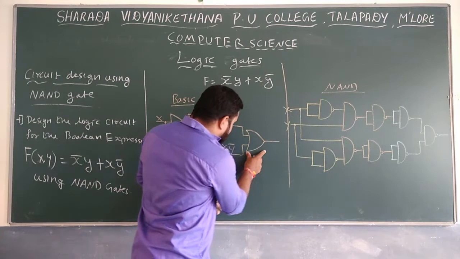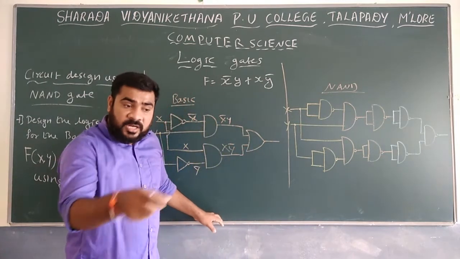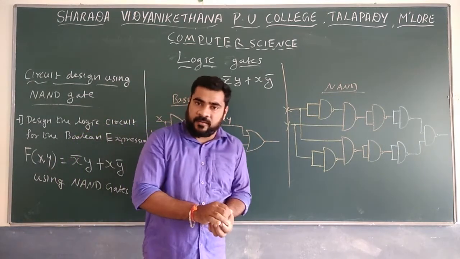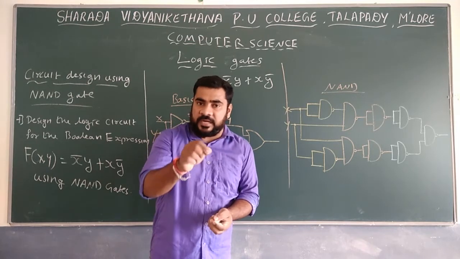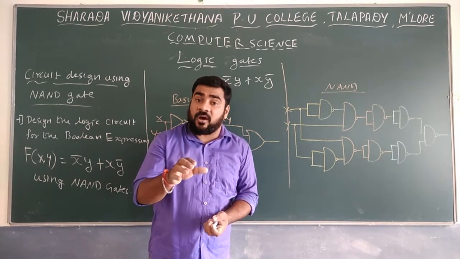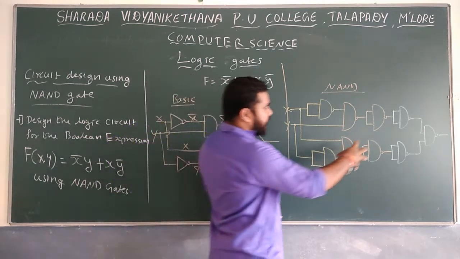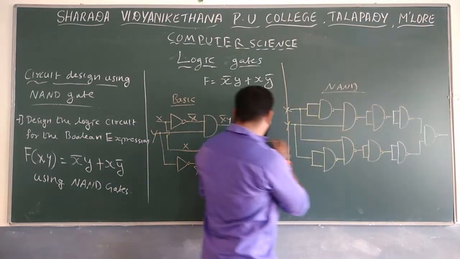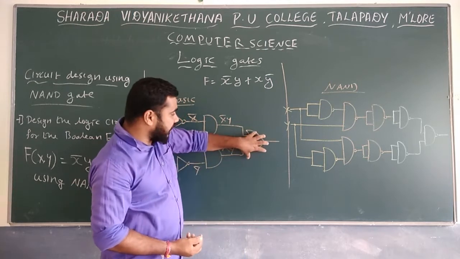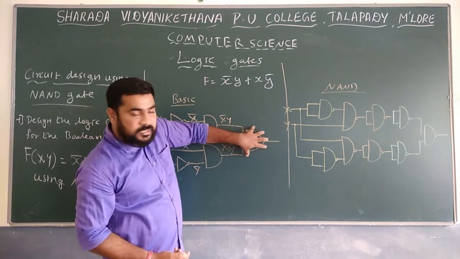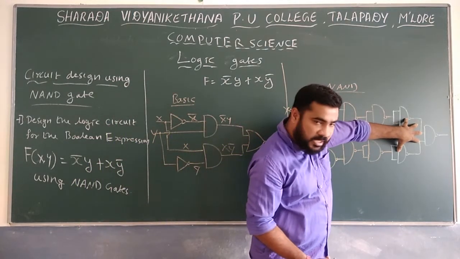After that, next is the OR gate. How to construct the OR gate? See the figure, see the diagram. We wrote how to write the OR gate by using that. So two NOT gates, then we have to combine. See these three gates: these three gates are equal to this one gate. These three gates are required.